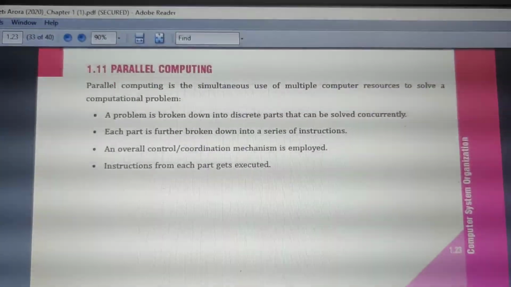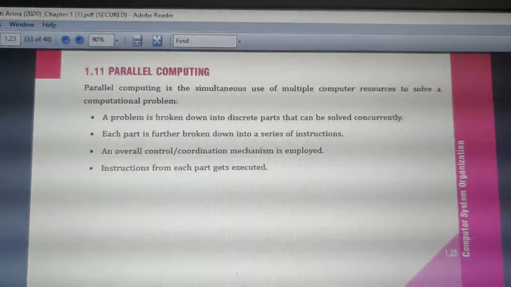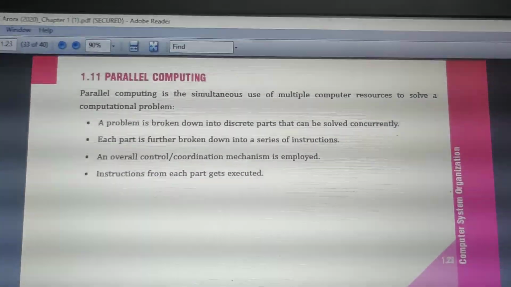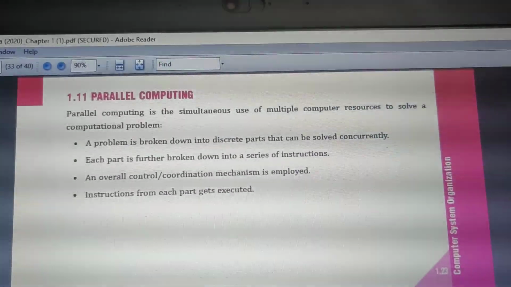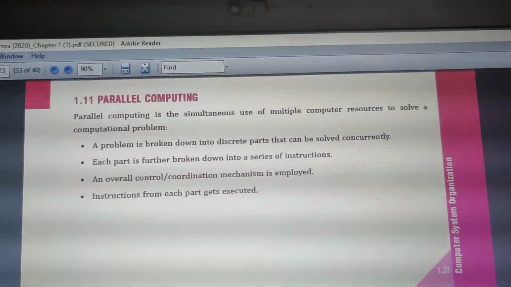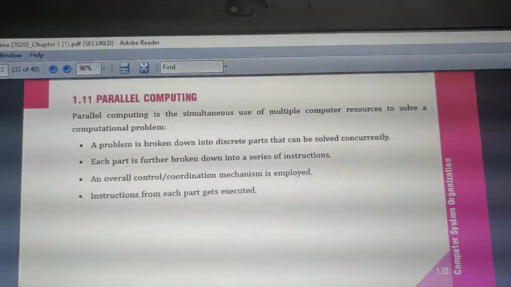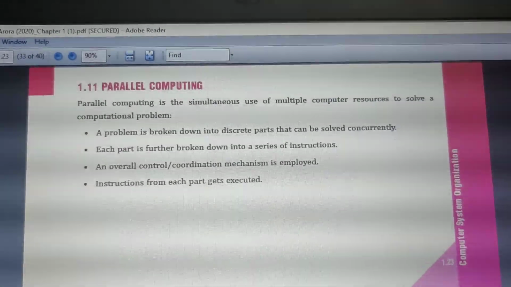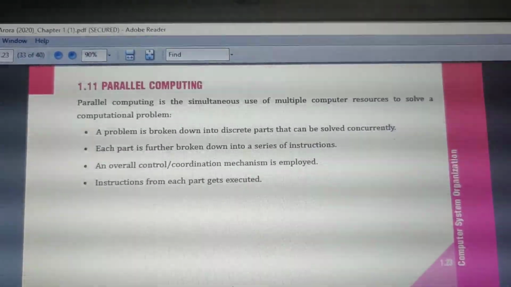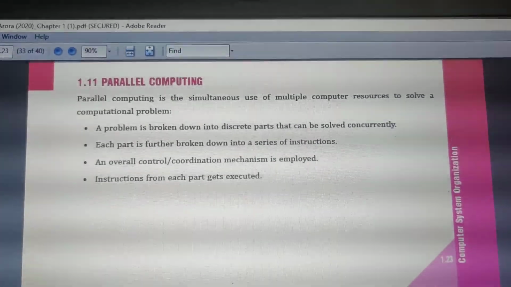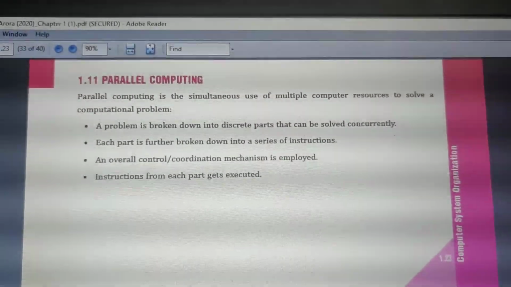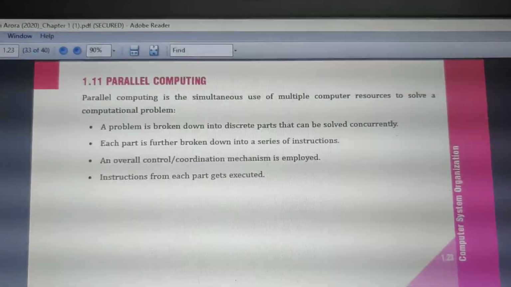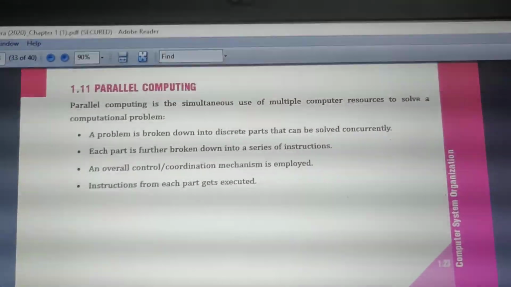So here what it means is that we broke a problem and divided it into different parts. Each part is further broken into a series of instructions, and when the series of instructions is given, all the control and coordination mechanism is employed. So every employee will get each series of instructions by which they get each part executed. So here let's take